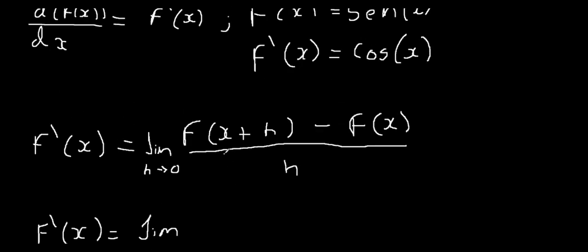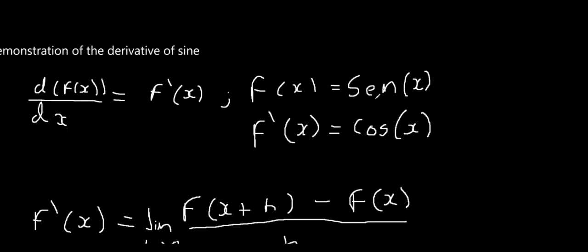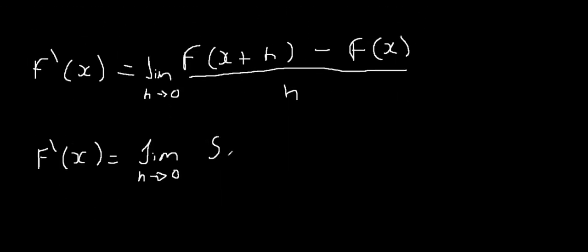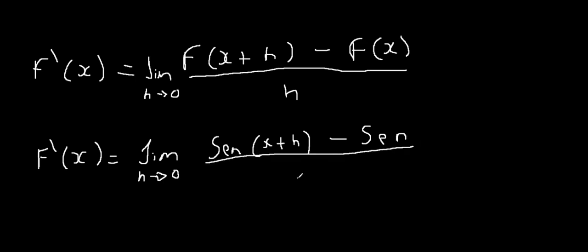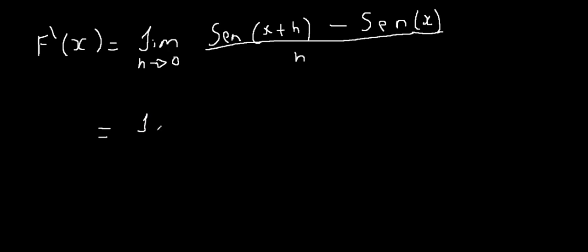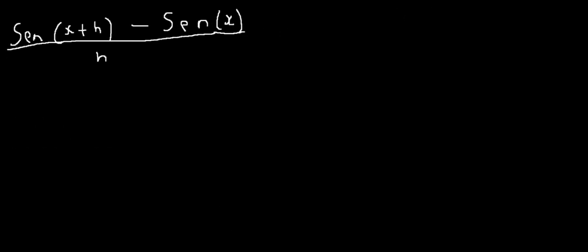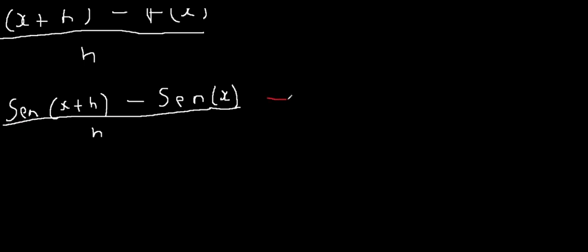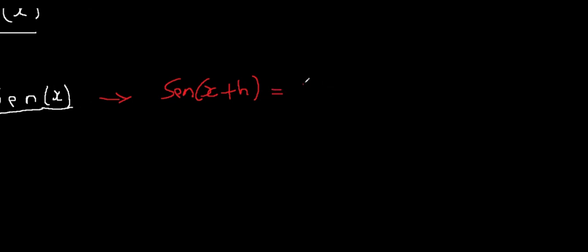Okay. The function of x plus the increment is sine of x plus the increment, less sine of x. So this is the same limit as the increment tends to 0, using properties of trigonometry: sine of x plus the increment is the same as sine of x